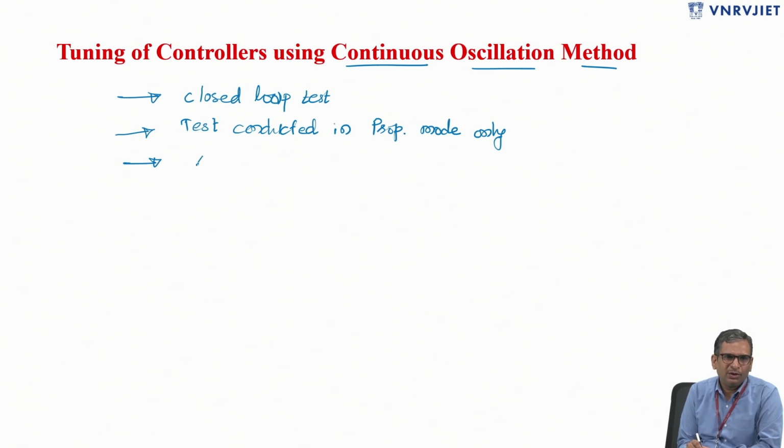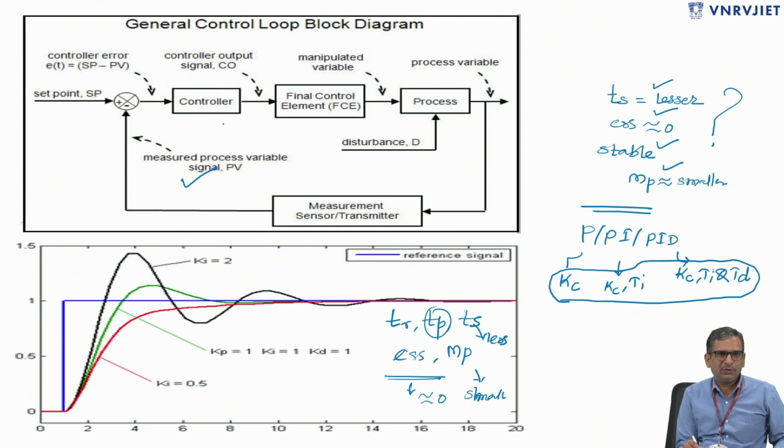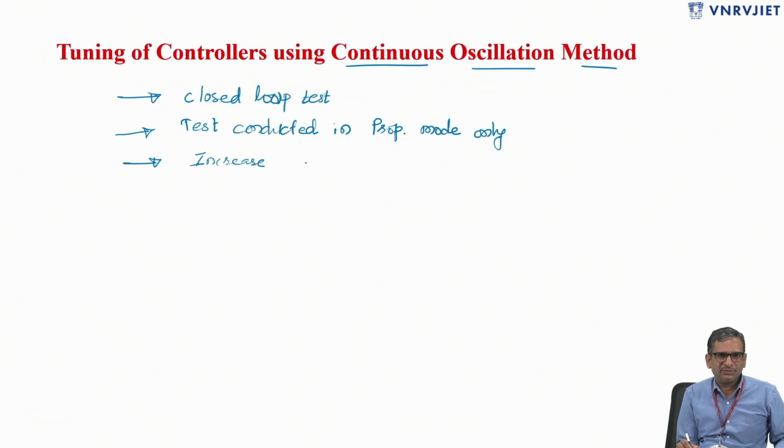So what we are going to do, as we are conducting this test in only proportional mode, we have to increase. First we'll have a closed loop control system diagram, right? Here we'll select initially a P controller. We'll slowly increase the proportional gain, or the controller gain, until continuous oscillations are introduced into the system. So we'll increase the gain of the controller,